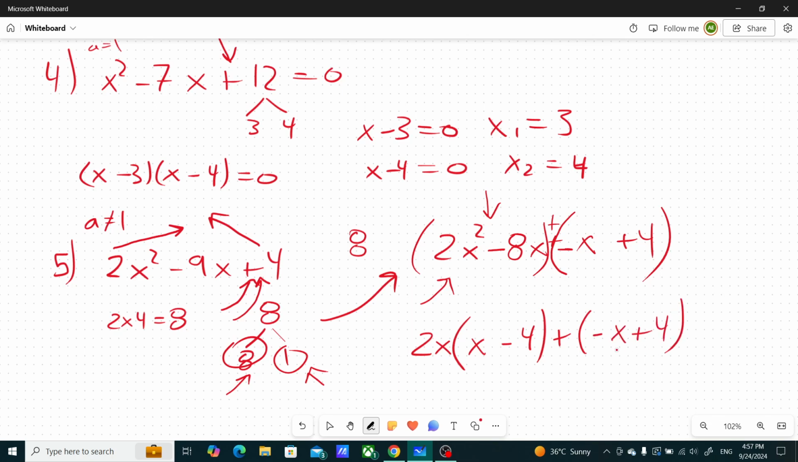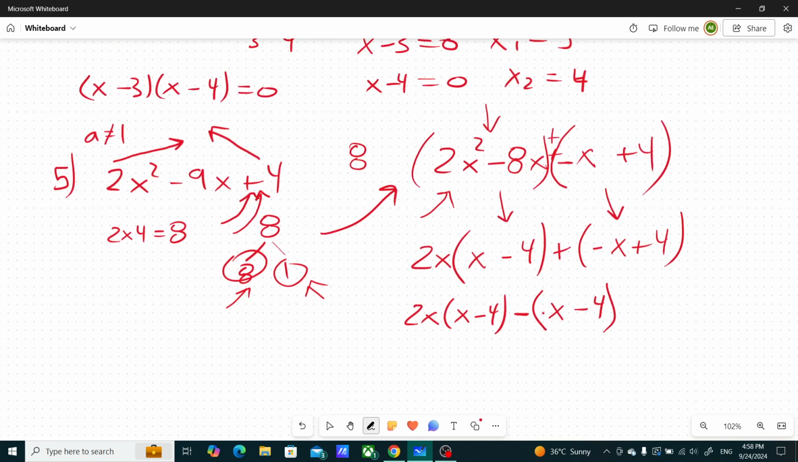There is nothing I can take out. However, in order to make this bracket exactly the same as this bracket, I'm going to take a minus 1 out from this bracket right here. So rewriting, this is going to be 2x times x minus 4, and then I will take a minus 1 out. Negative x divide minus 1 is x, and then 4 divide minus 1 is minus 4. That way, I have